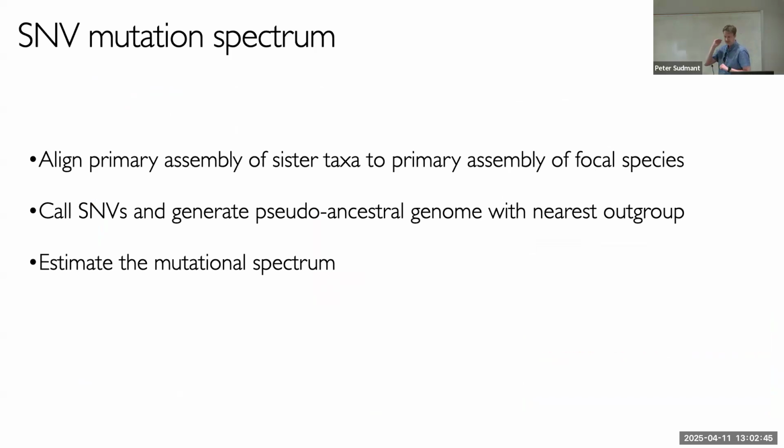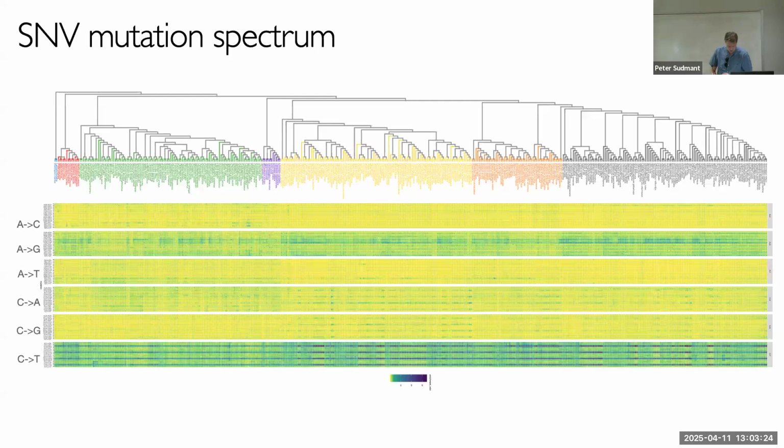Basically, you take these genome assemblies and you pick a focal species, and you find its closest relative, and you use that as its outgroup. And then you align that genome to its outgroup to figure out the ancestral state of every single SNP that's in the population. So you're taking SNPs and you're trying to figure out what their ancestral state is. And so you align them to the closest thing in the tree. Now there's going to be biases with these, right? Because some of them will have an ancestor that's further back, et cetera, but it kind of works. And then we make a pseudo ancestral genome, and we estimate the mutational spectrum. And we get this plot that looks like this, which is super mind-blowing and super cool.